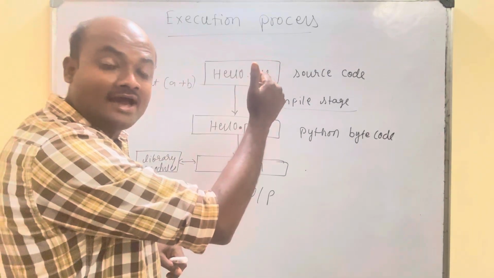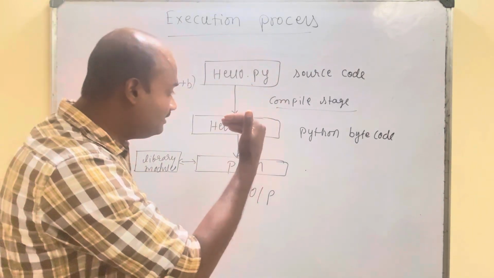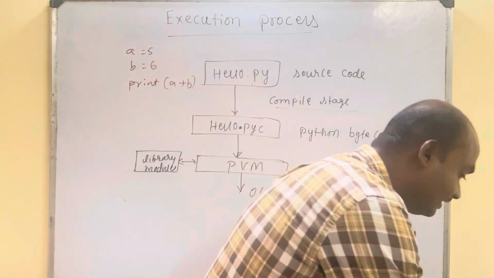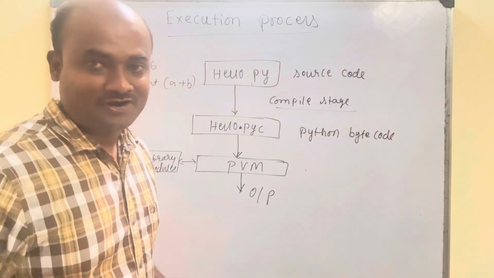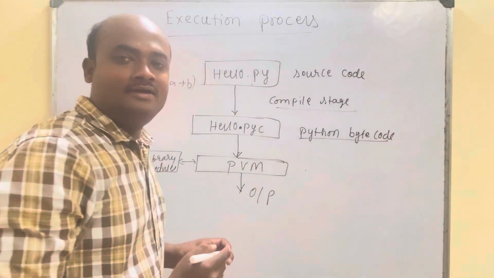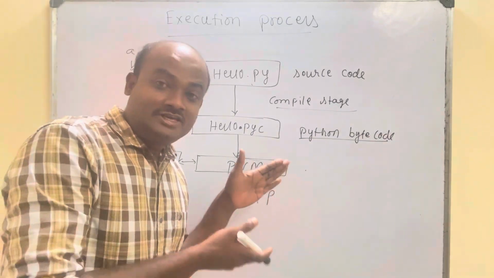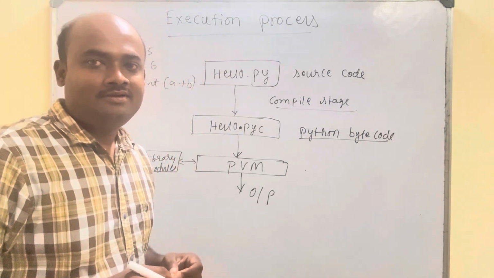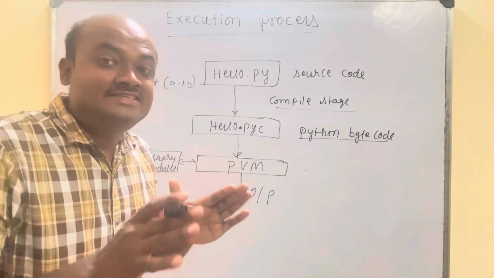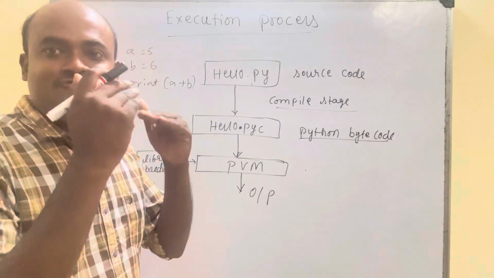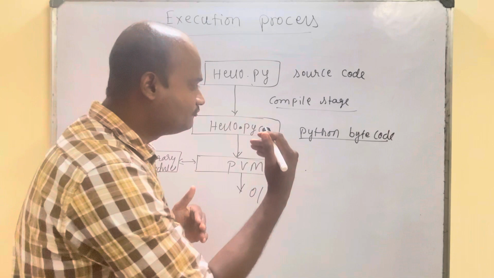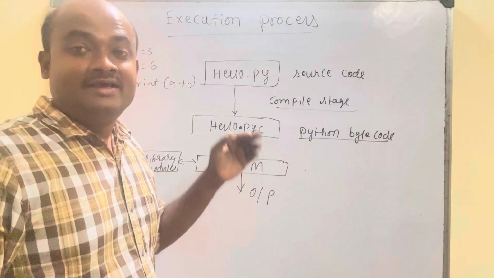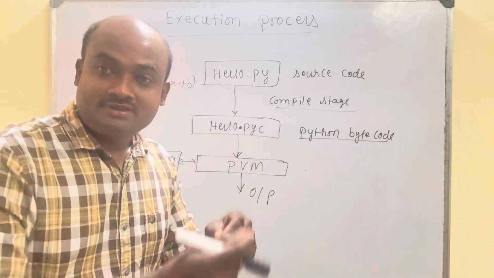The source code has to be converted into the .pyc form. That's what we call the Python bytecode format. This is a bytecode format, and later it is given to the interpreter so that it is going to run line by line. So make sure that you don't have any syntax error in your code, so that the first stage of conversion is done in the form of a bytecode. That is what we call a .pyc. And after that, the interpreter, that is the Python virtual machine, will run